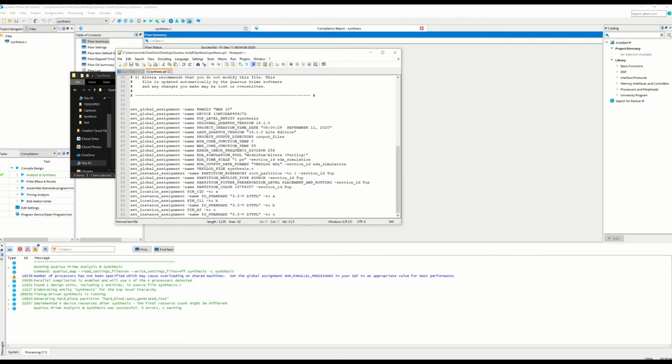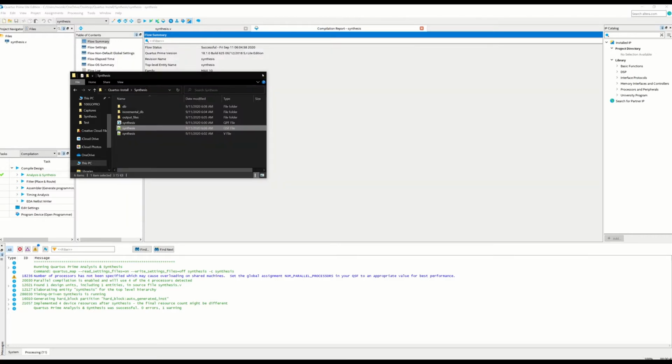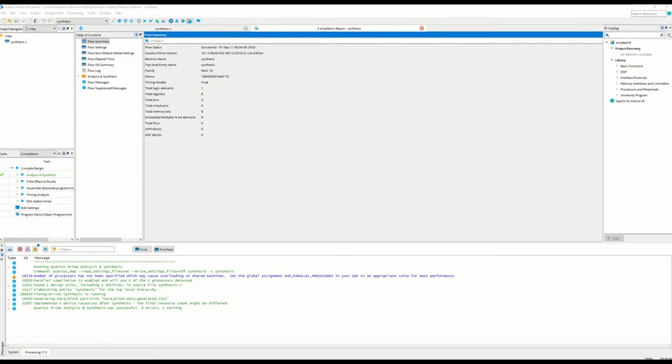If I just open that file, I should basically find my pin names down here. So if you see here, C10 is assigned to A in LVTTL, C11 to B in LVTTL, and A8 to C in LVTTL. So if you find these here, you should basically be good. You can see what the different design assignments are here. So once you have that, you can proceed to the next step.